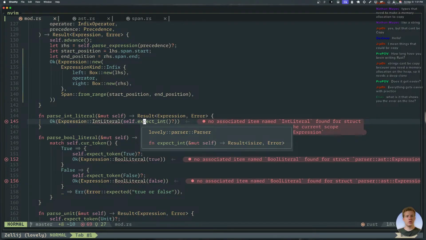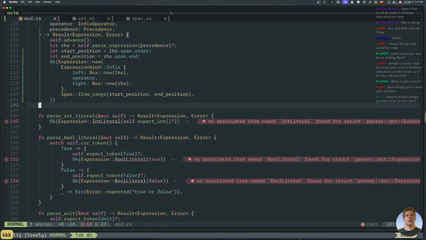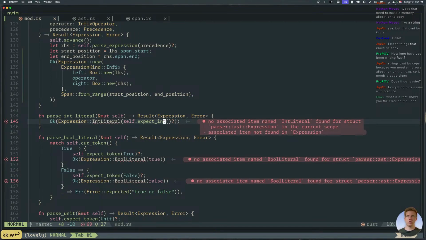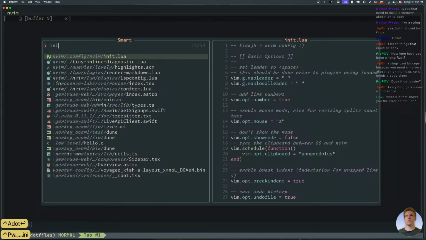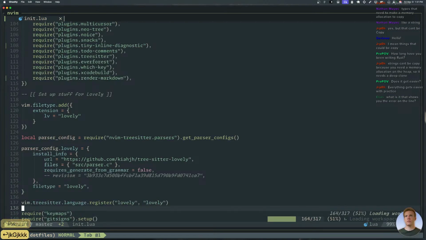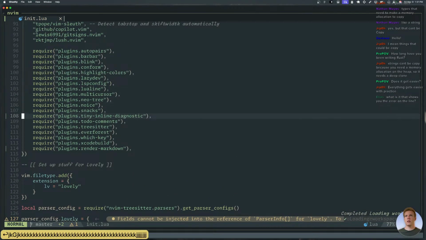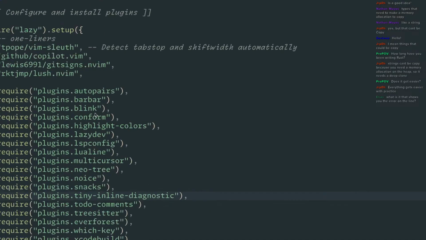What is it that shows you the error on the line? This thingy? This was a plugin I found a couple days ago. I can find out really quick. Tiny inline diagnostic.nvim is what it's called.